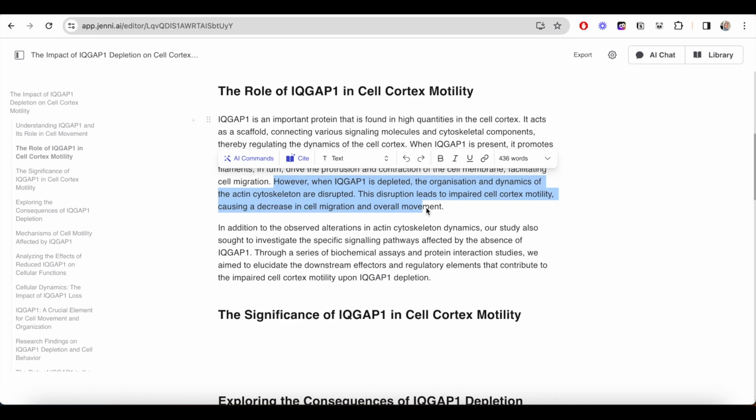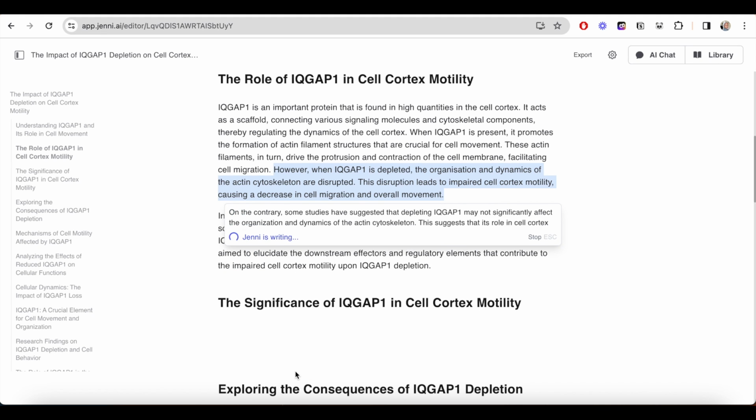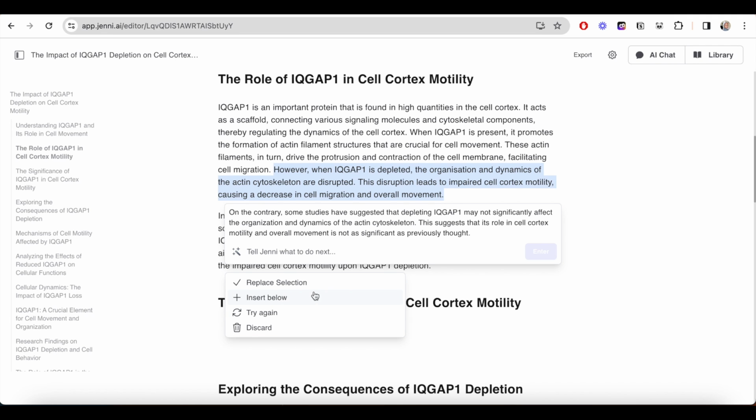statement and their discussion. And actually, Jenny can also help you with strengthening your arguments and incorporating sort of counter arguments to certain things that you might have said prior. Another really useful feature that Jenny offers is the use of helping you develop your arguments further. So here's a sentence that is discussing an argument within this essay, and I can say to write an opposing argument. And it can actually pull out an idea that's opposing and begin the idea so I can then develop